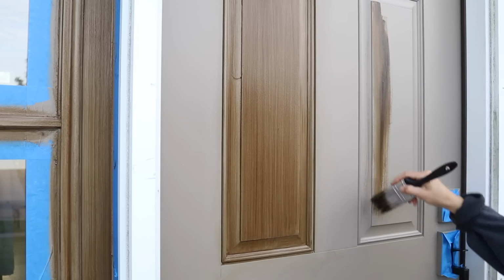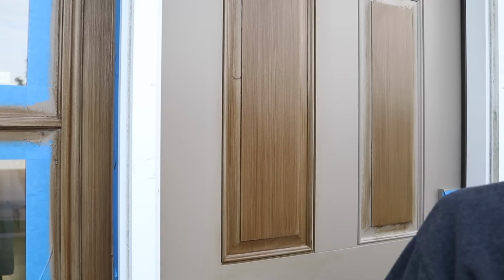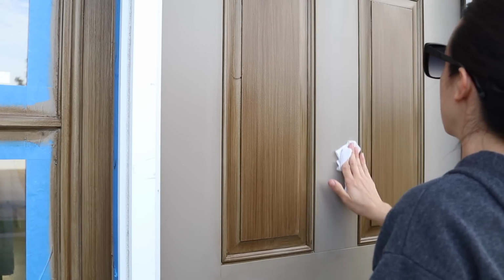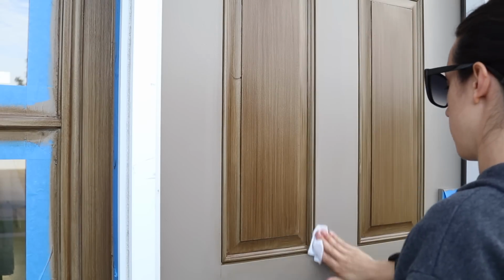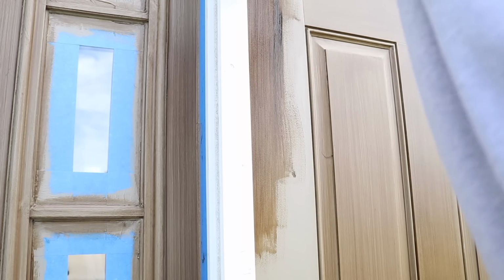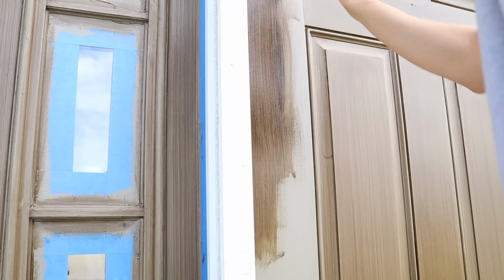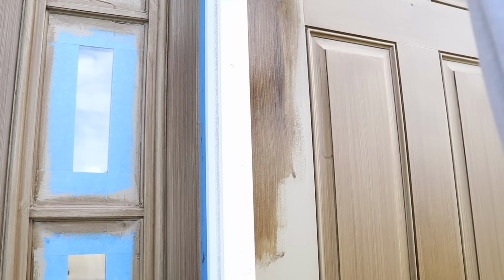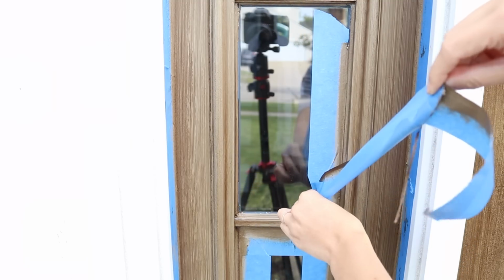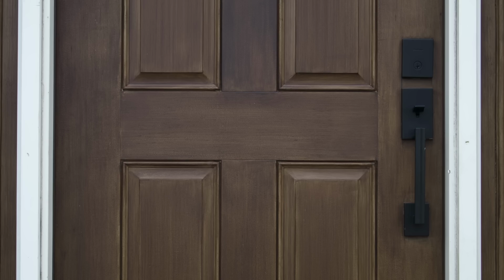Let that dry fully, and then it was time to go in with antiquing wax. You could also use gel stain here if that's your preference. I just really like the color that I get from the antiquing wax. Wiped off any excess, and I just did the panels first, and then once those were dry, I went on to the rest of the door. Making long straight strokes is the key here, so that way you get a nice seamless look at the end. Once everything was dry, I then just went over it with a matte sealer,